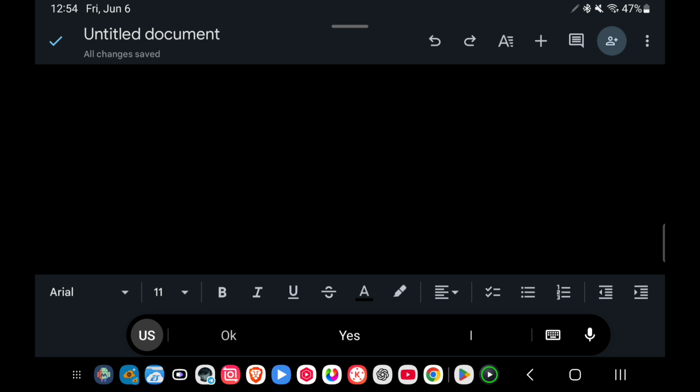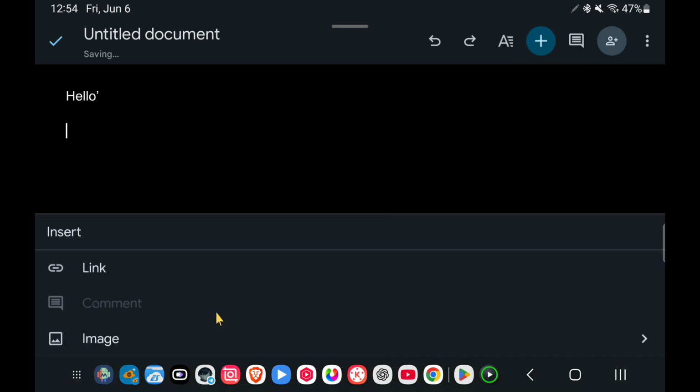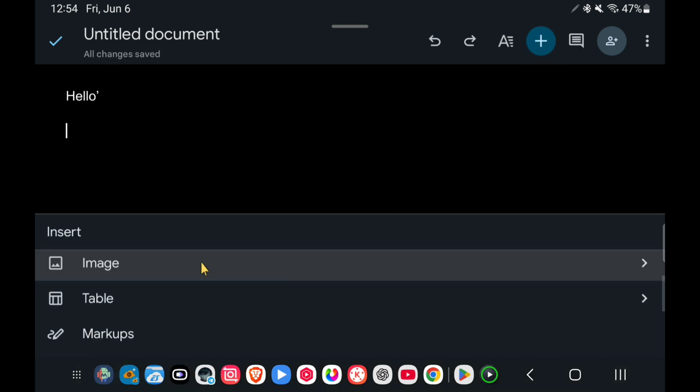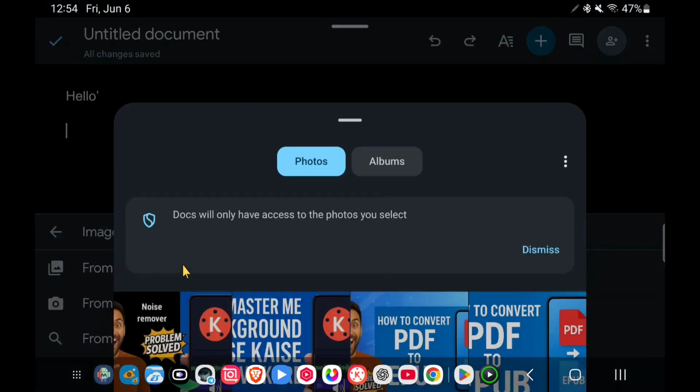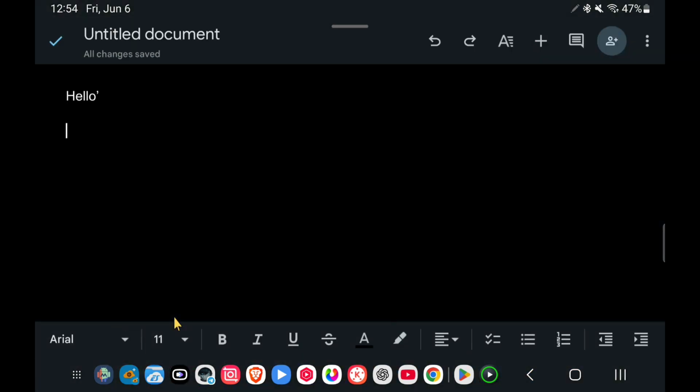For example, I will type something and now I want to add images. So I can simply tap on the plus button, then I can click on image and I will click on from photos. I can select a photo.